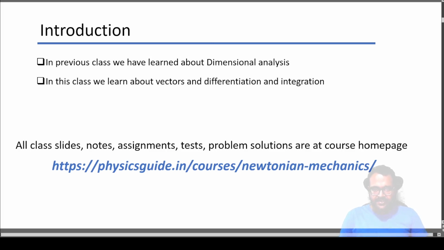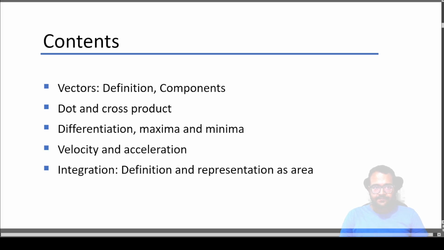The basic content we'll learn in this class is vectors, their definition, their components, the definition of dot and cross product, differentiation, maxima and minima, the idea of velocity and acceleration, and integration, its definition and representation as area. So let's